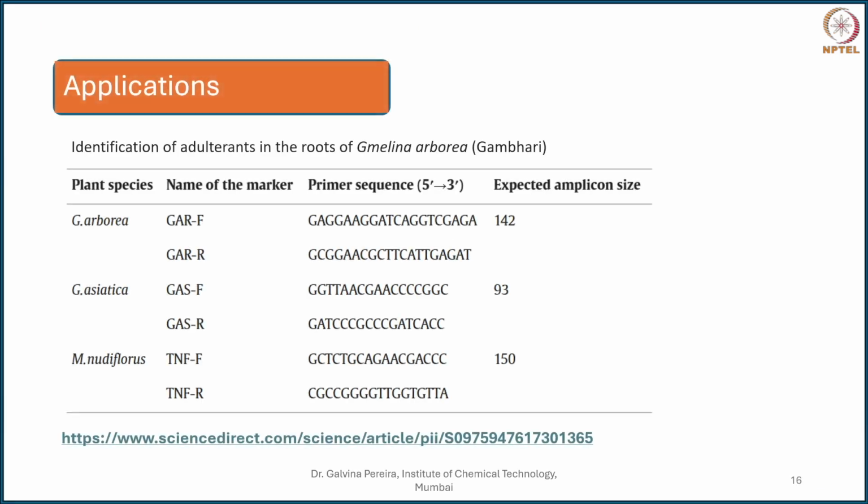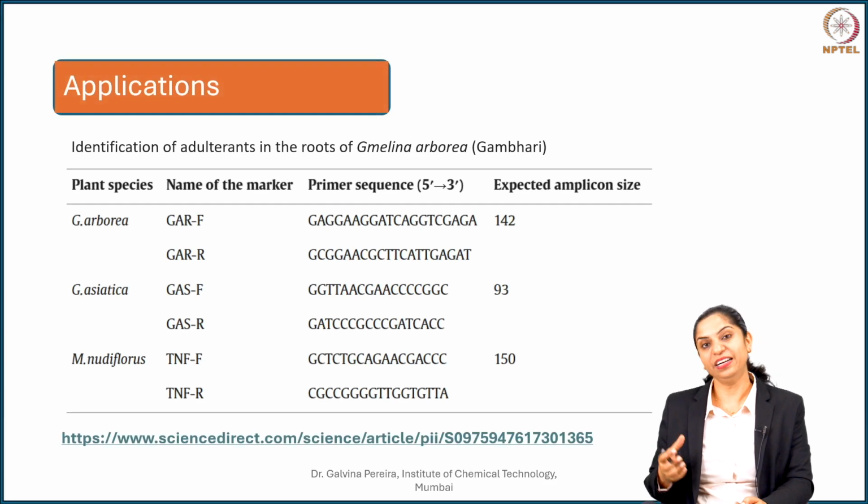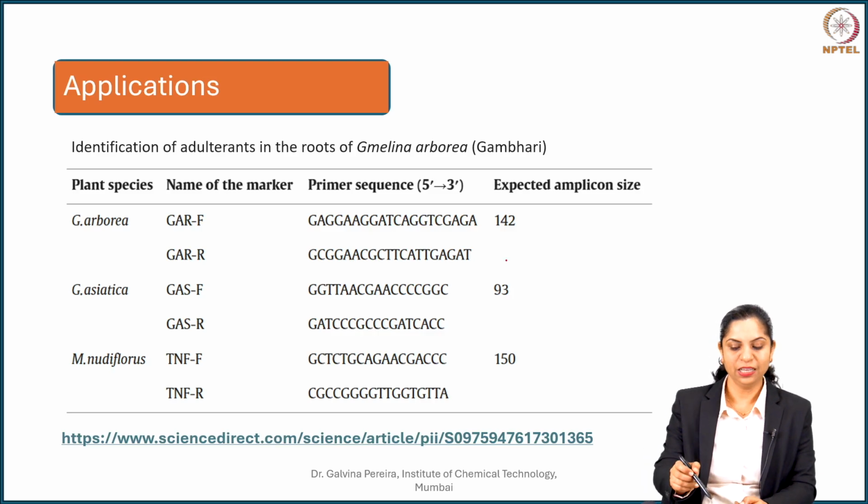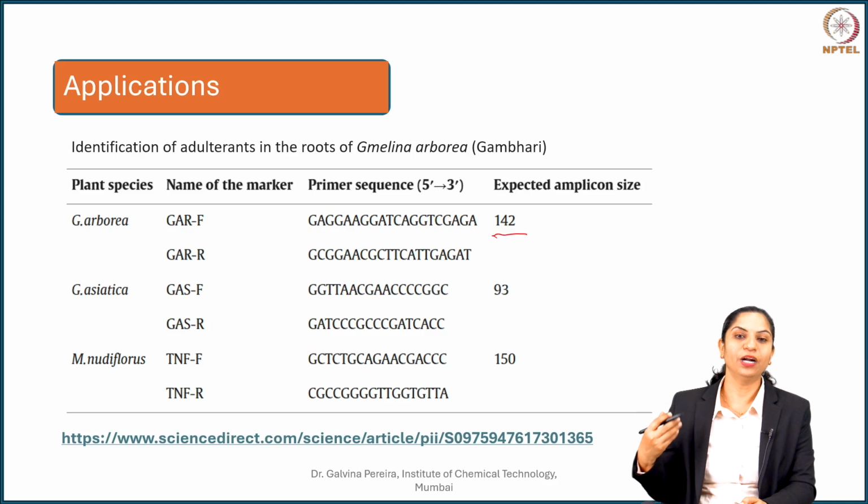So, if you look at its application, there is a plant in Ayurveda referred to as Gambhari. Okay. So, Gambhari is your Gmelina arborea, and it is often adulterated with other species of Gmelina or even with Malotus nudifolius. So, here what you see is when you use this primer sequence, generally for your Gambhari, which is a genuine sample, the 142 base pair should be amplified. But what happens is